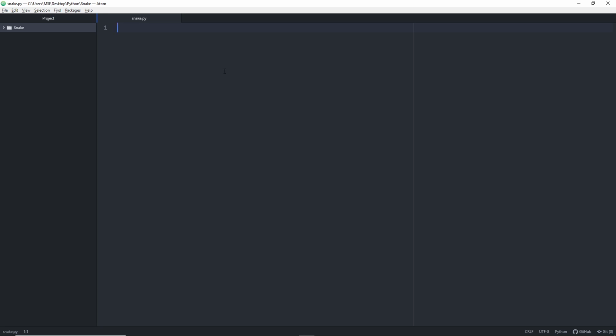Okay, so let's start our file with importing the pygame. So it's as easy as typing import and pygame. This will import the pygame library, and another thing that we need to do is to initialize the pygame. So just type pygame.init,